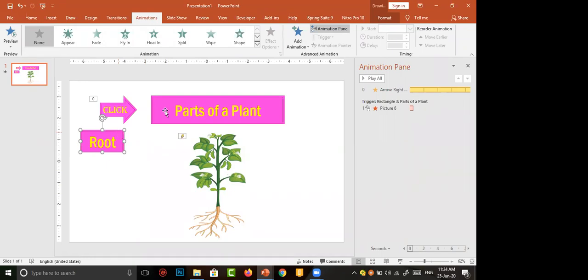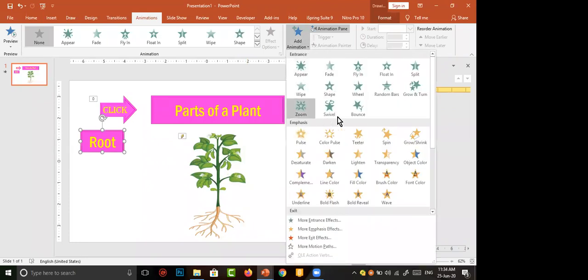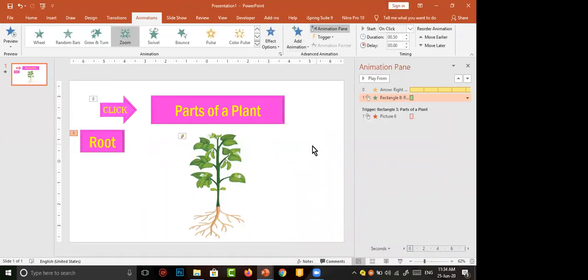Okay. For giving appearance in animation, we have to move to entrance mode. I applied the zoom here. Here also I want to apply the same zoom effect in entrance mode. I click on zoom. Here is some animation after triggering, but this time I give the animation for root, which is shown here. The selected thing now is the animation we have given at present.